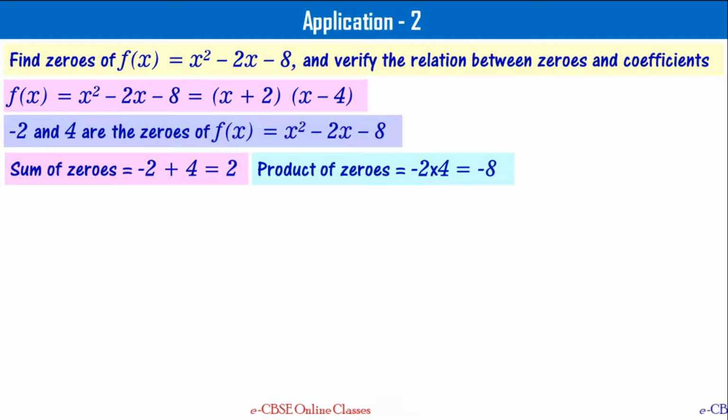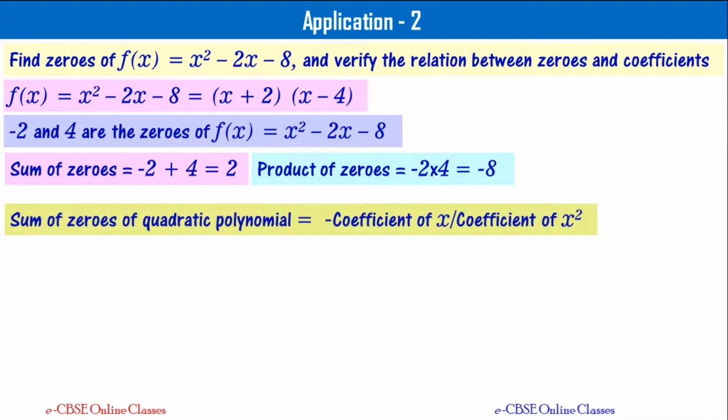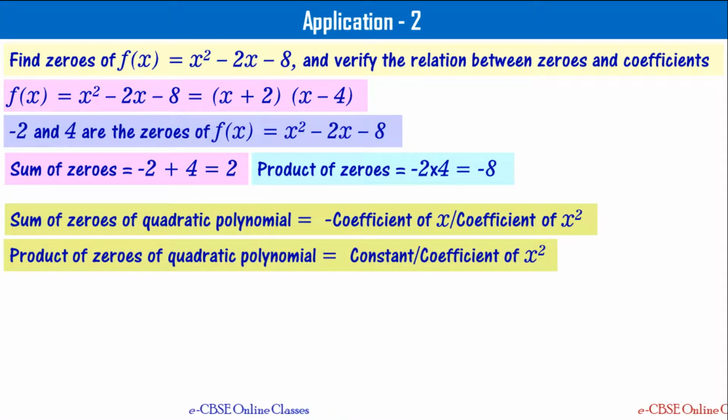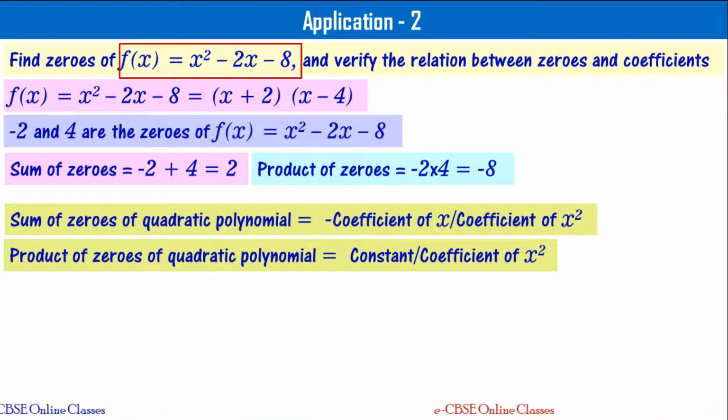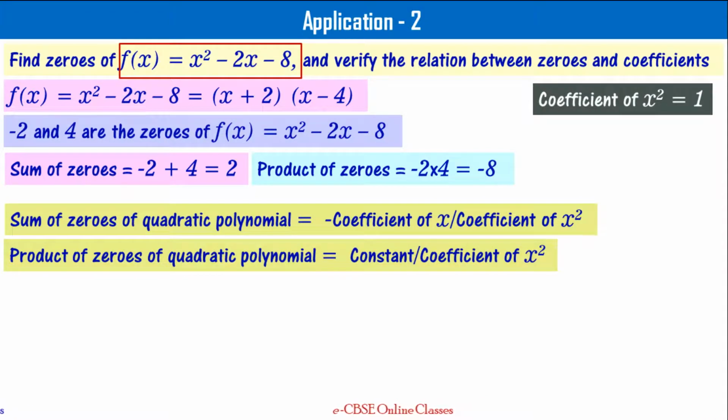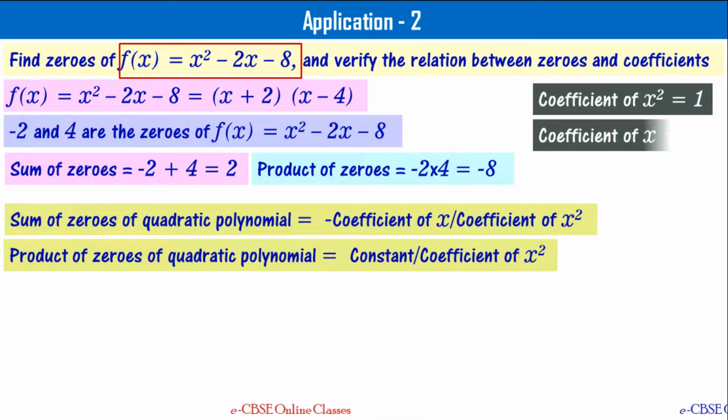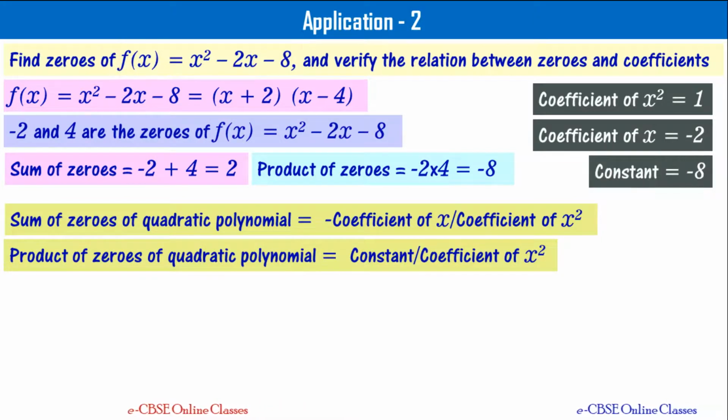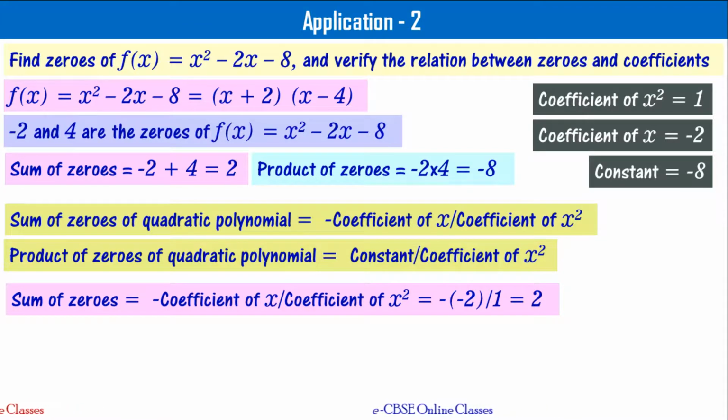Now let's recall the relations we have given in the beginning of this particular video. That says that the sum of zeros of a quadratic polynomial is equal to the negative of the coefficient of x divided by the coefficient of x², and the product of zeros is equal to the constant divided by the coefficient of x². For f(x), the coefficient of x² is 1, the coefficient of x is -2 and the constant is -8, right? Now the sum of zeros is equal to -(-2)/1, that is equal to 2,